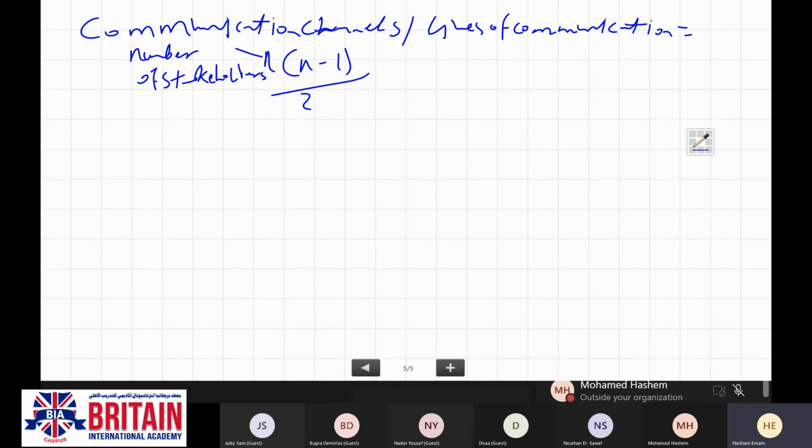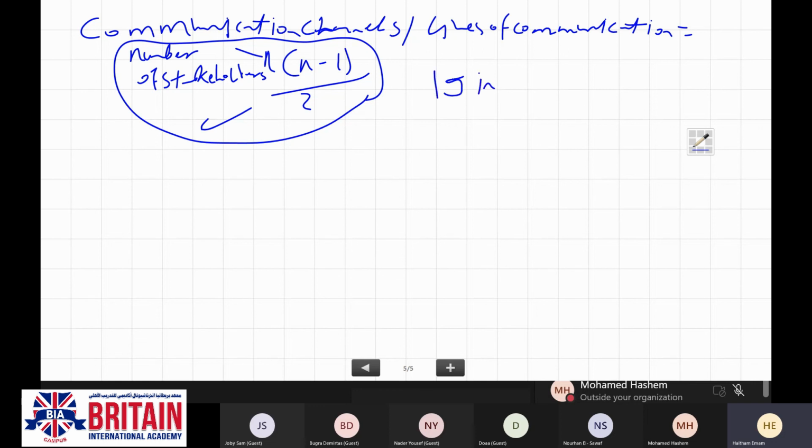But again, this formula is easy, but the question itself may be tricky. How? Maybe he's going to say the number of stakeholders would be 15, including you. Then the total number of stakeholders will be 15.